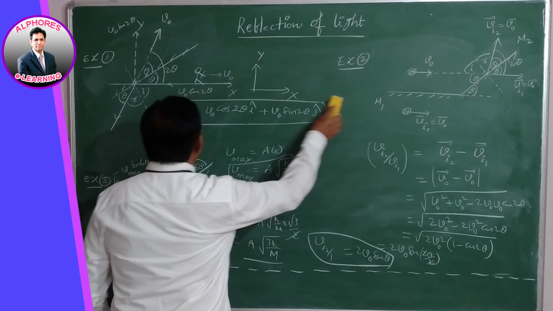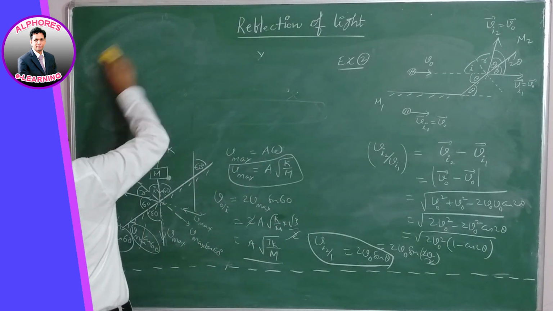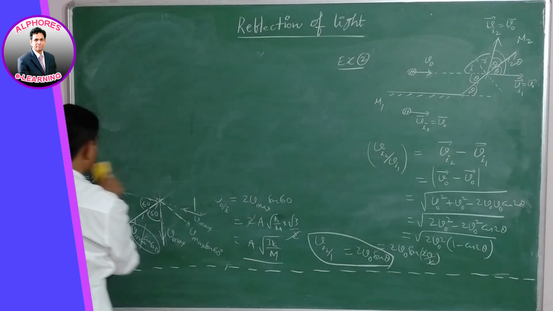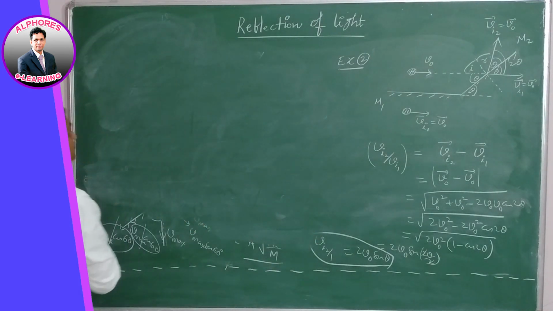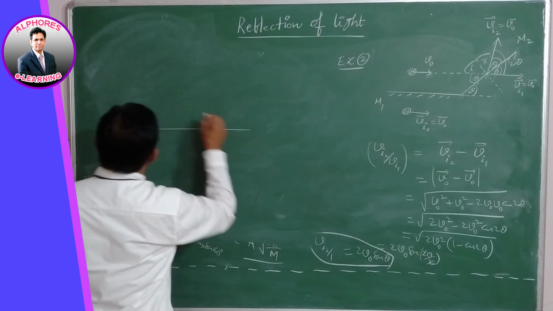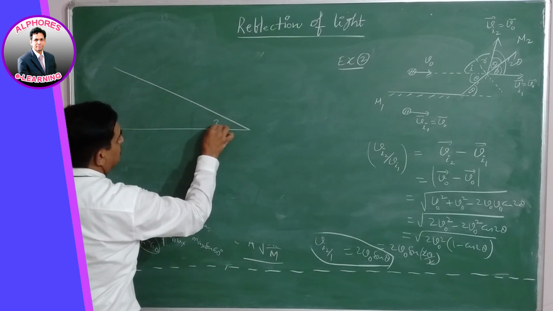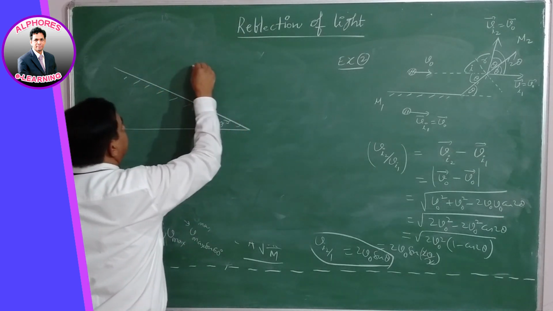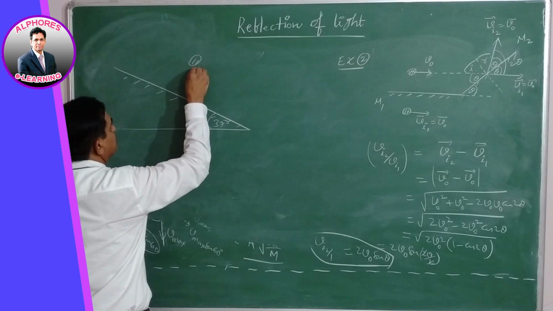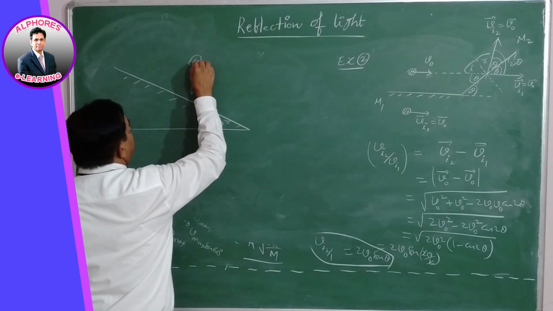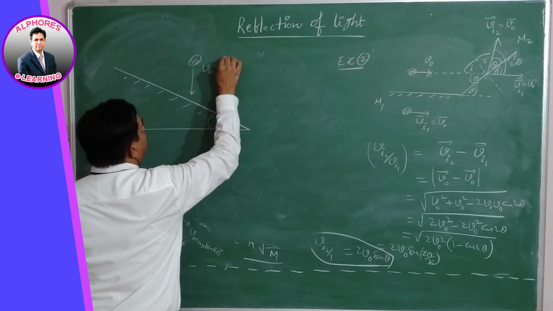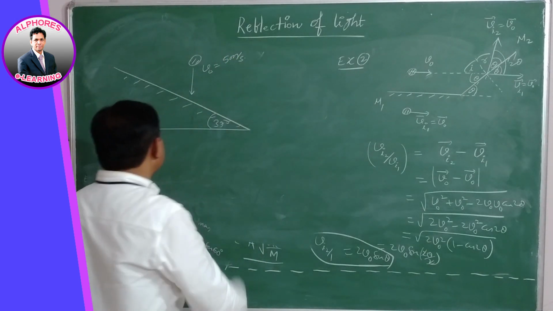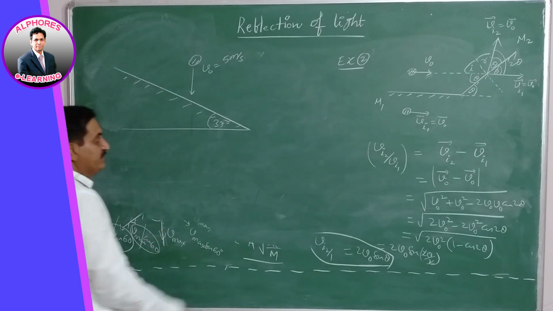So the fourth problem is: given that there is a plane mirror which is inclined at an angle of 37 degrees with the horizontal. So this is a plane mirror at 37 degrees. Now a particle is striking this with a velocity v0 equal to 5 meter per second. The question is, what will be the speed of its image formed in the plane mirror?